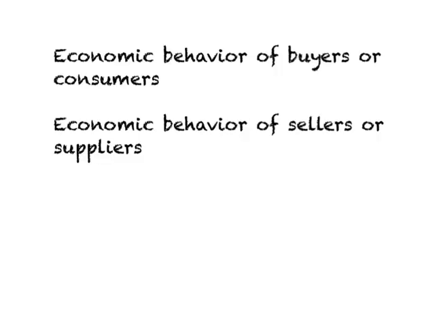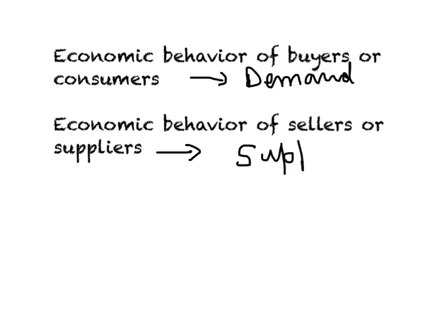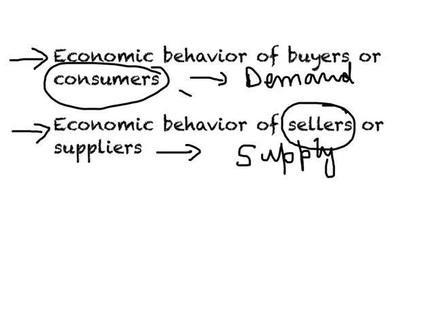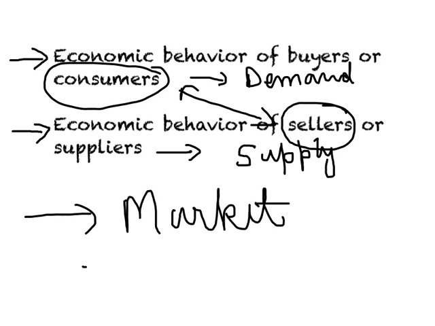A quick recap of what we have done. One is to understand the market. We have looked at the behavior of buyers or consumers, and all this we have done through the demand curve. In this video and the previous one, we have tried to understand the economic behavior of sellers or suppliers, and all this is captured through the supply curve. In other words, we have looked at the behavior of consumers separately and the behavior of sellers separately. In terms of lesson plan, we'll bring consumers and sellers together, and then essentially what we'll be looking at is the market,